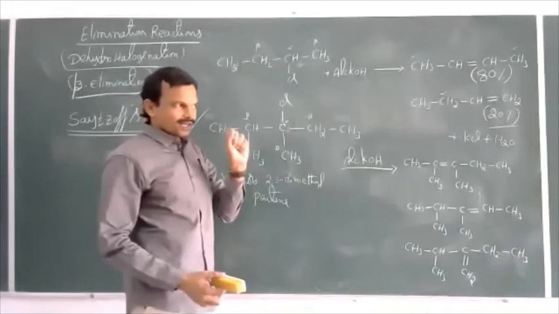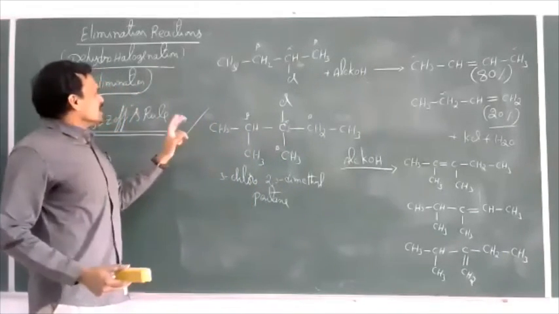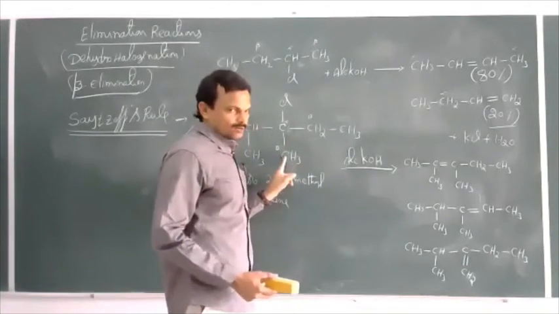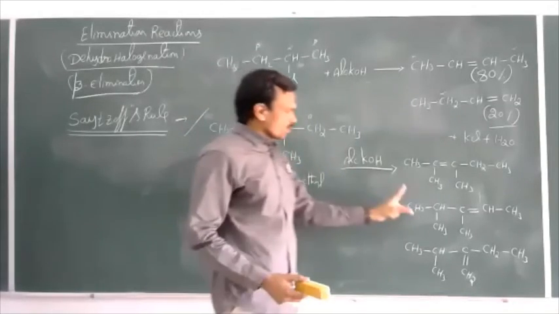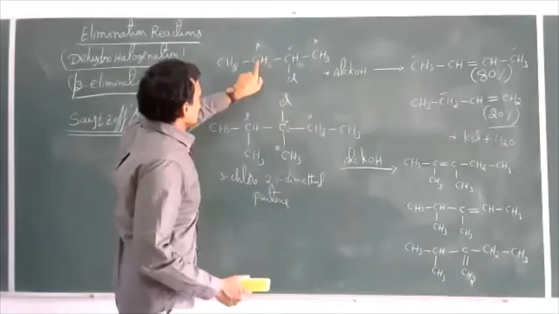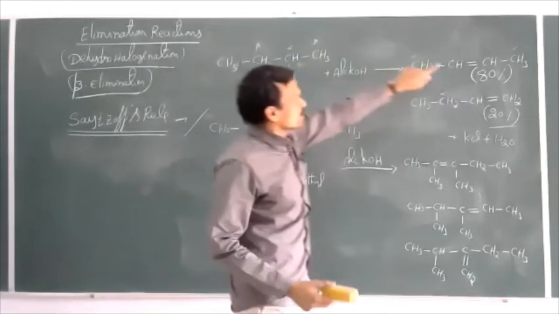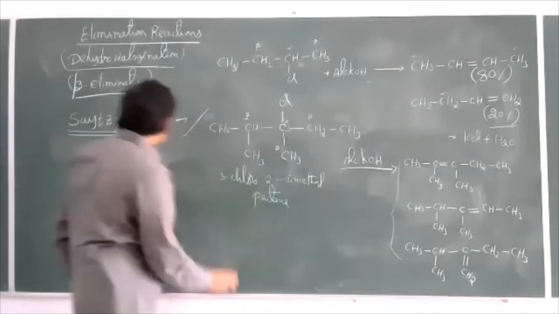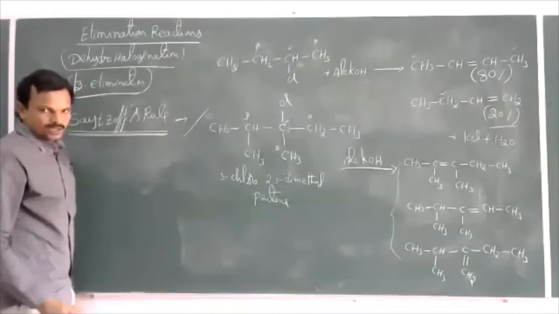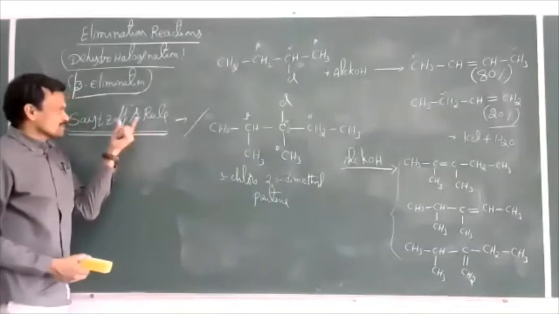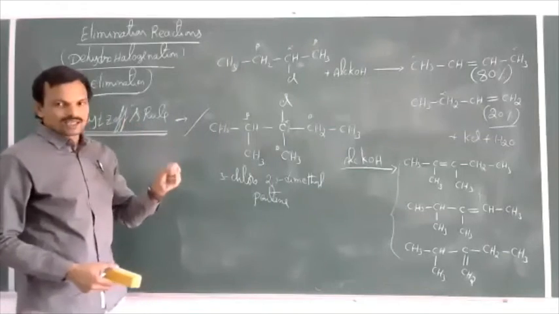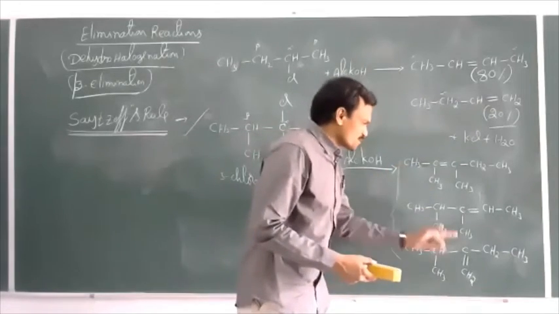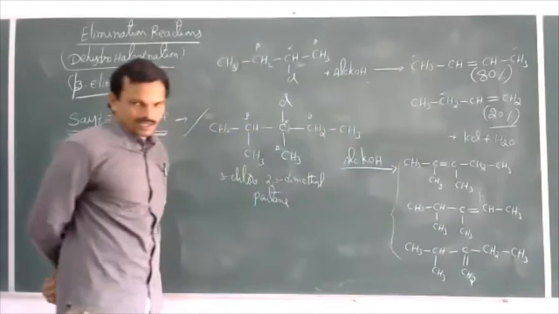So the number of alkene products formed during dehydrohalogenation of a haloalkane is the number of types of beta carbon atoms. Here 3 types of beta carbons are there, so we got 3 products, whereas here only 2 types of beta carbons are there. That's why we got only 2 products. Now among these 3, as per Saytzeff rule, which is the major product? What we discussed, as per this rule, the more substituted alkene is formed as the major product. Out of these 3, which is the more substituted alkene?